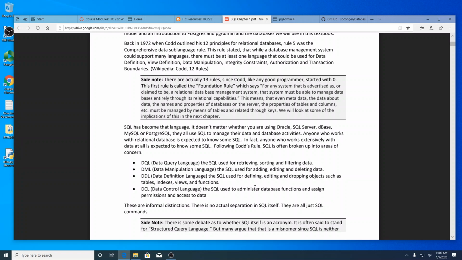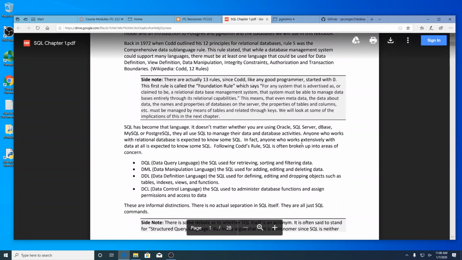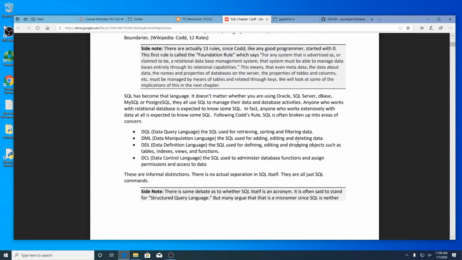Interestingly, he didn't like SQL, but it is the language that has evolved to become the language that does everything in a database. You can do literally everything a relational database does with SQL. A lot of really adept database administrators never look at the GUI. It's all just command line in SQL because you can do everything with SQL. We're not going to get to that. We're in the GUI because